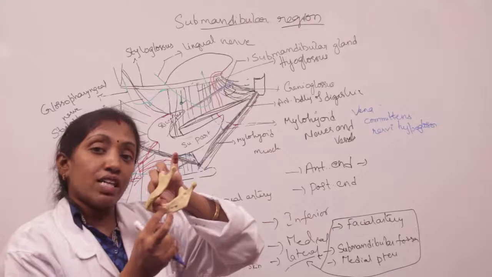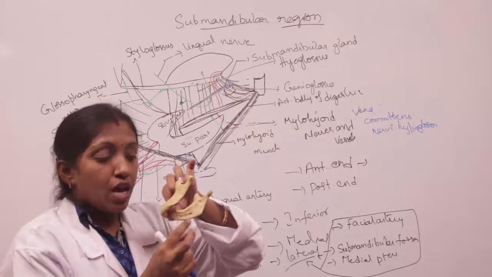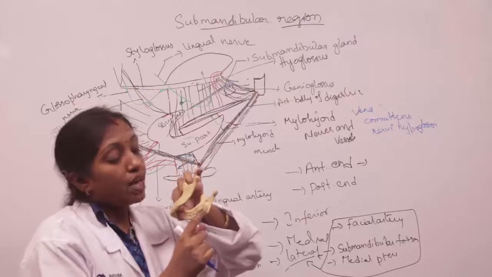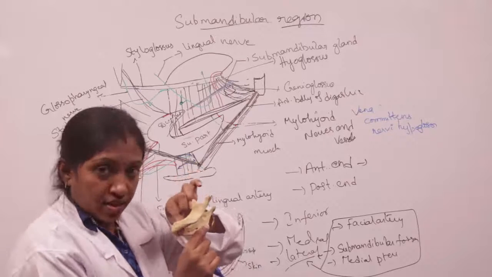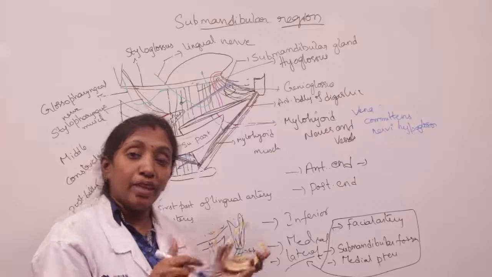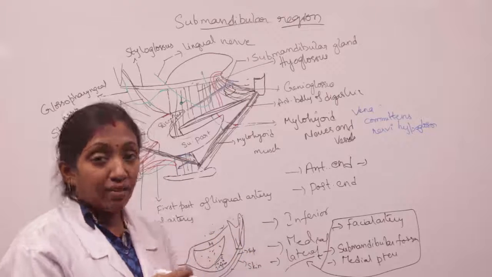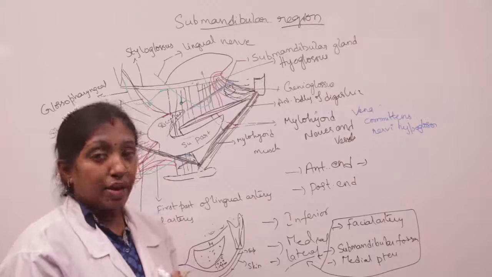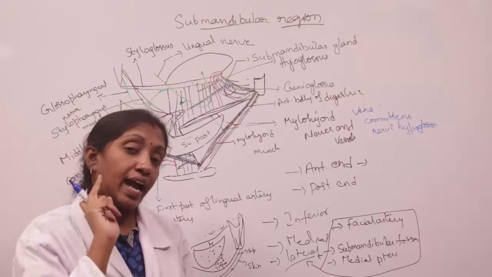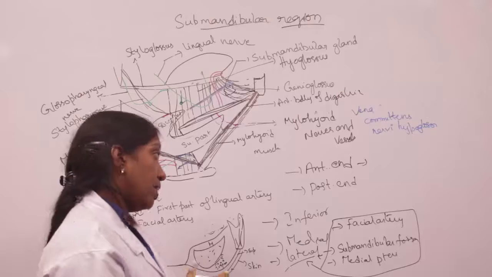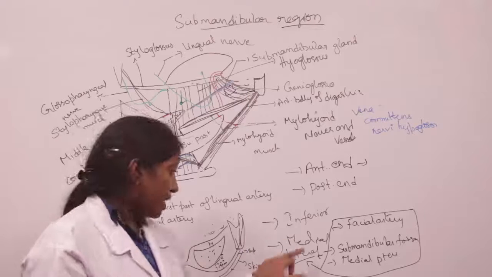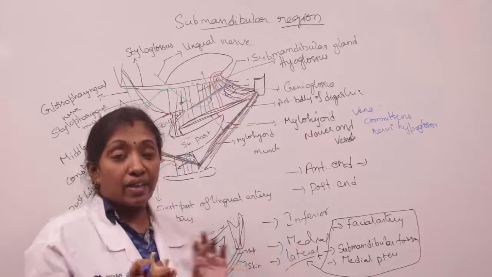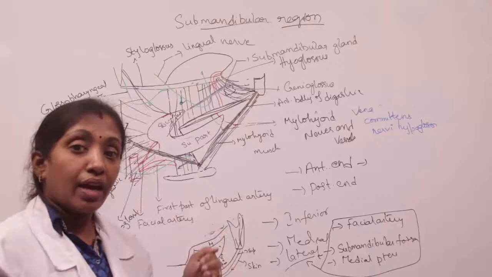Here we have the submandibular fossa nearby, so it is related to the submandibular fossa, and the medial pterygoid muscle near its insertion, between the bone and the gland. We have the cervical part of the facial artery, present before it ascends into the face at the anterior-inferior angle of the mandible. And coming to the medial surface, it is very extensive and has anterior, intermediate and posterior